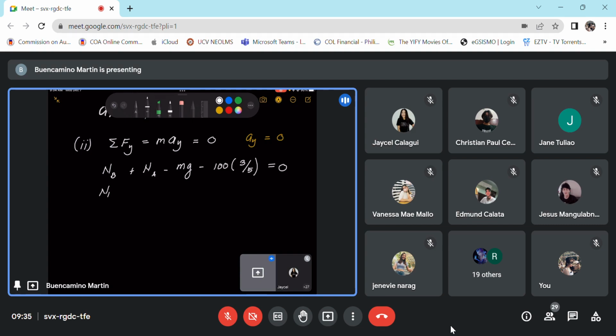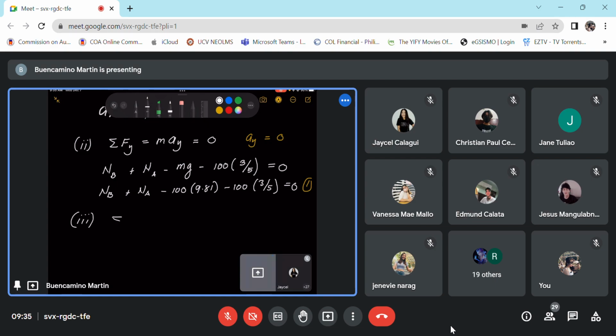Or this is your N sub B plus N sub A minus 100 times 9.81 and minus 100 times 3 all over 5 is equal to 0. Now, if we can let this be equation 1, saan natin kukunin yung isa pang equation niya? Another equation of motion would be